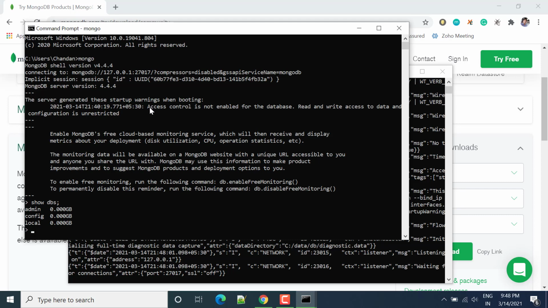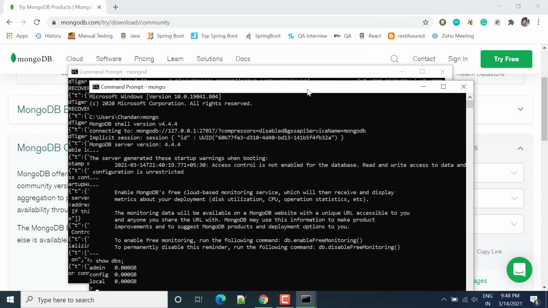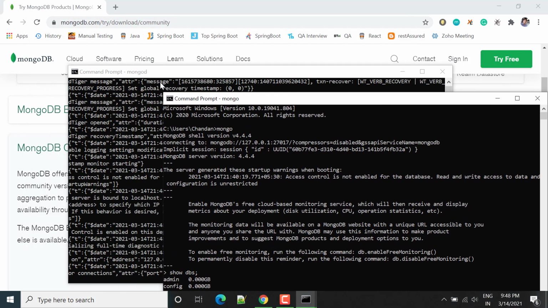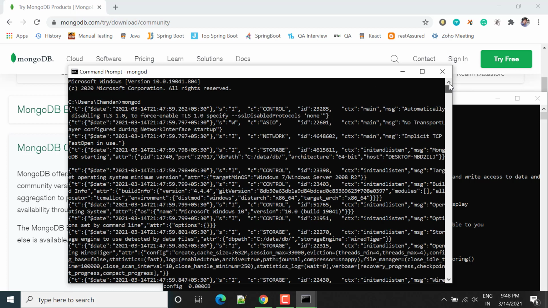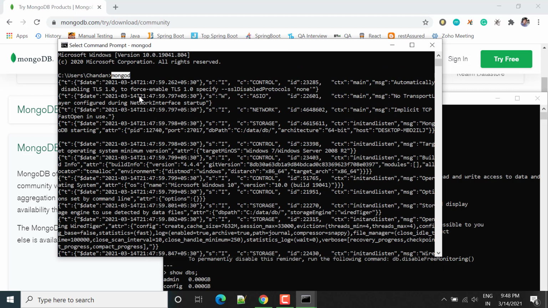This is the first thing that we need to do, and once we restart our system, after that we don't need to run mongod also. It will be automatically installed. If you remember, last time it asked to restart the system, but we clicked on no. So that's why we have to write the mongod command right now. But once we restart our system, then you don't need to write this command.